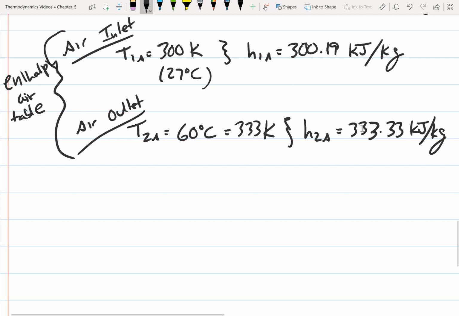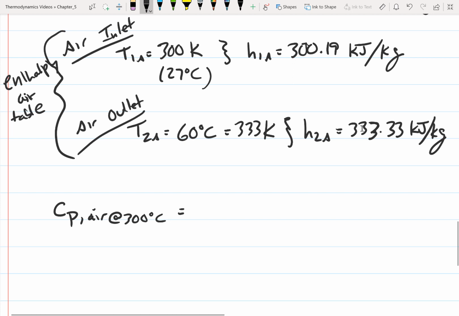So I'm going to do it with the specific heat, actually I guess I'm going to just do it both ways. So the specific heat of air, and I'm going to use an average temperature of approximately 300 degrees C. That's not the exact average. Well, I guess actually I'm just using the temperature of the inlet, but there's not a huge change between the temperatures,